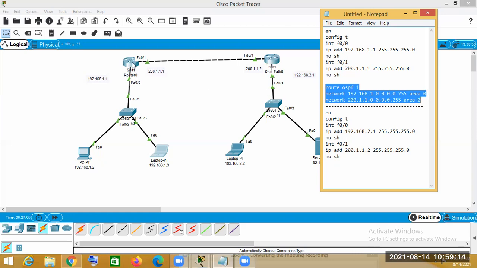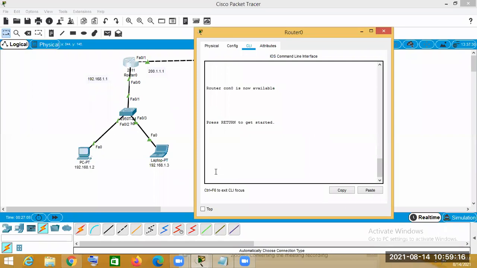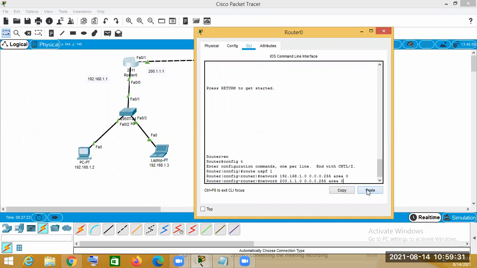So that means we will open the router and go to configuration mode first. So config T. Now after going to configuration mode, we will paste it. Now it will be pasted. So enter.